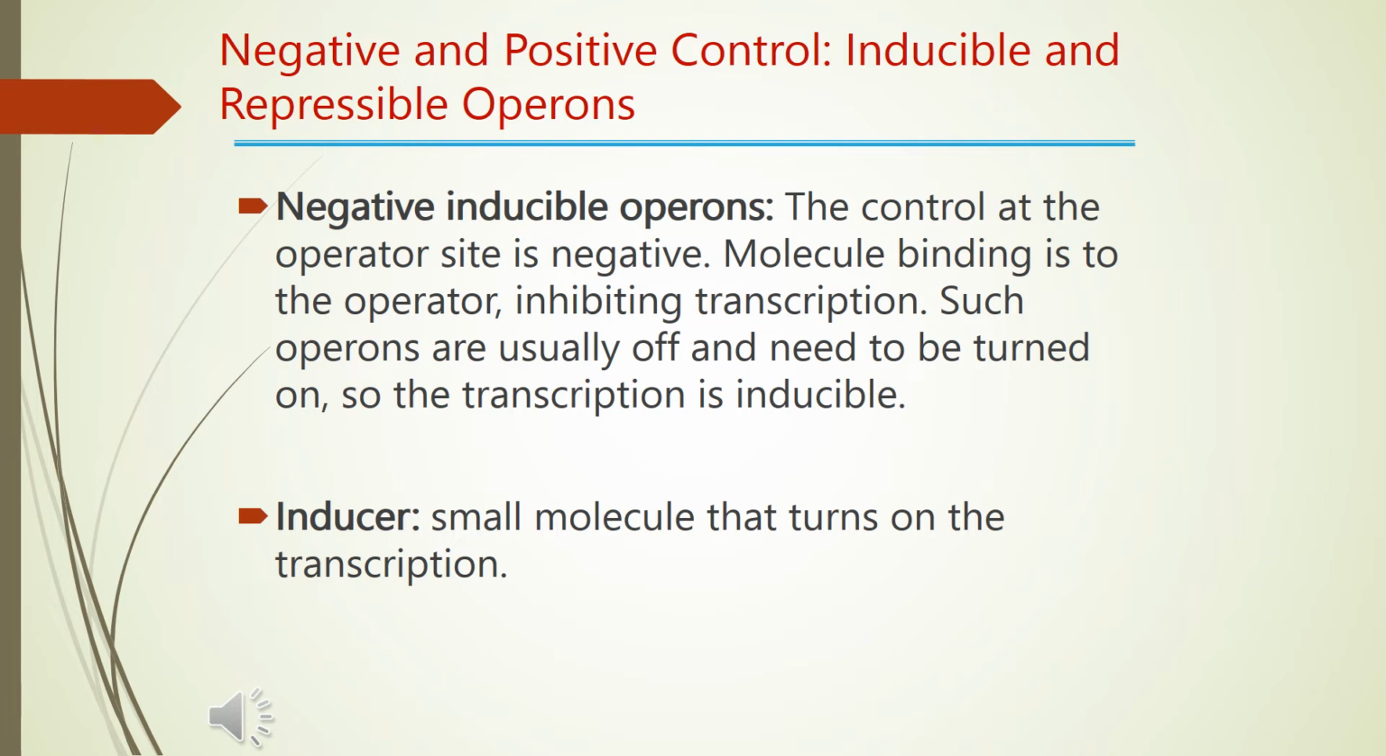Such operons are usually off and need to be turned on, so the transcription is inducible. Here a molecule that will try to induce gene expression is known as inducer. So negative inducible operon means